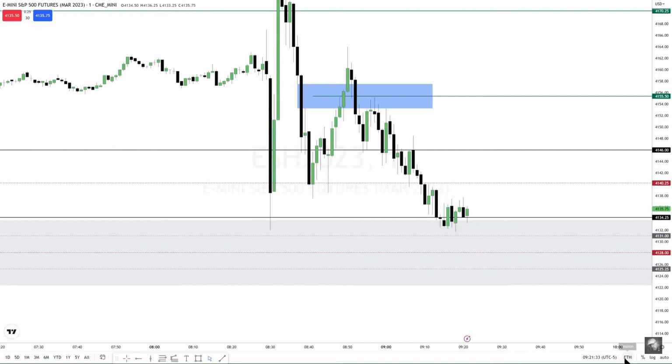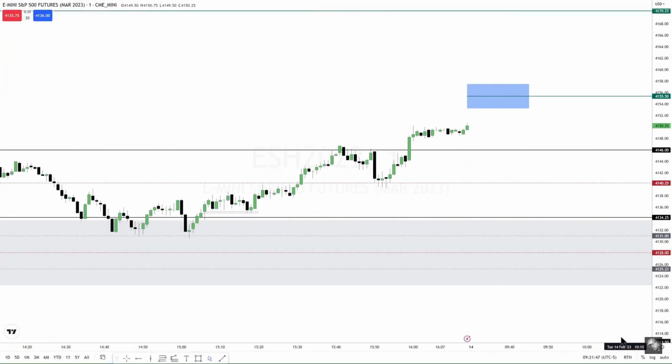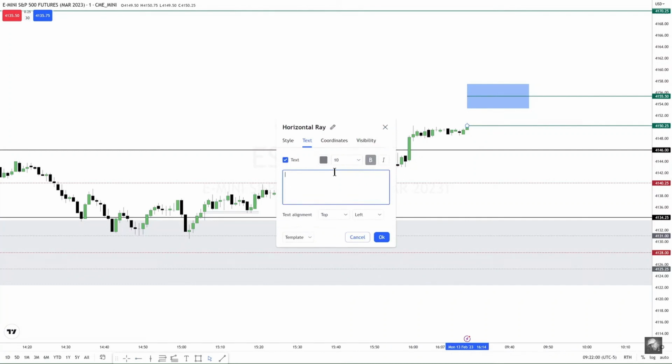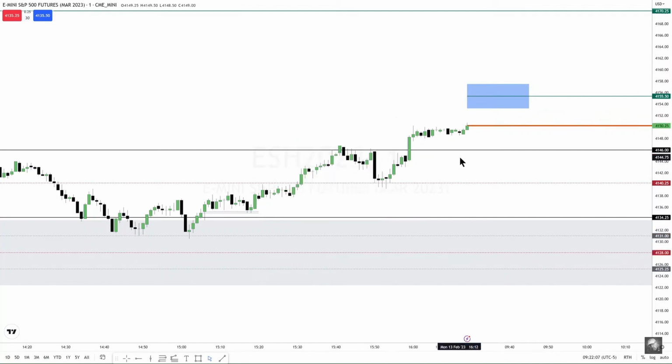And down here on TradingView, you see this little ETH, that's electronic hours. I like to toggle that to regular trading hours. Okay, and this is where we were yesterday at session close. So at that price, you want to drop a line from there, and you want this to be really bold. It's going to really stand out, so that way you don't miss it. You can't misinterpret what it is, and then toggle right back to electronic trading hours.